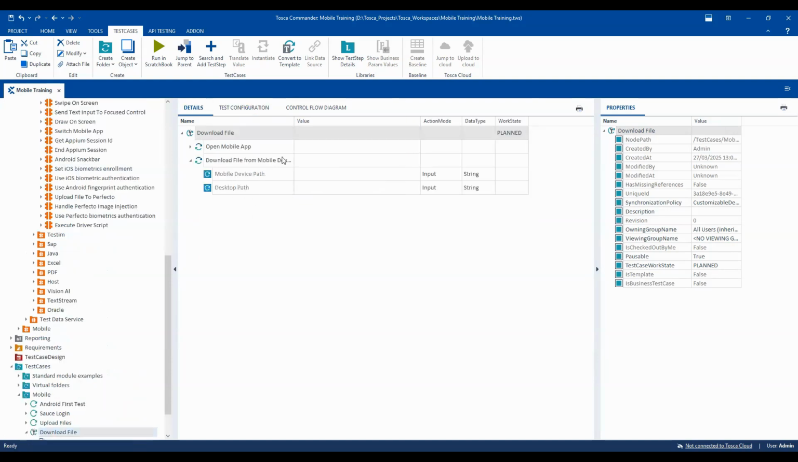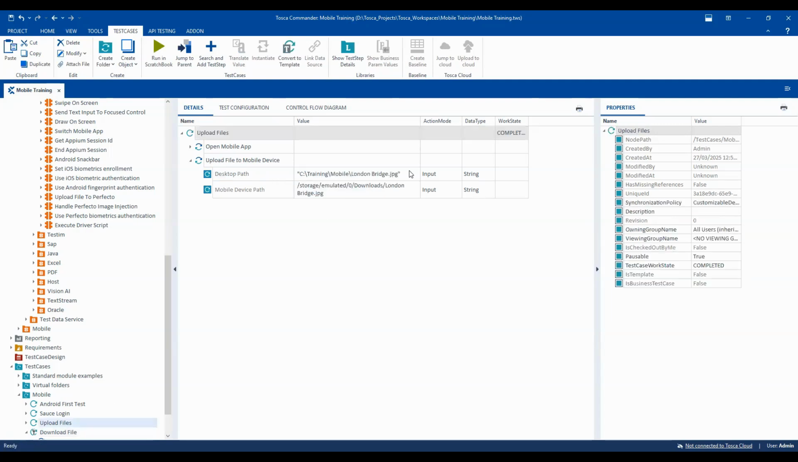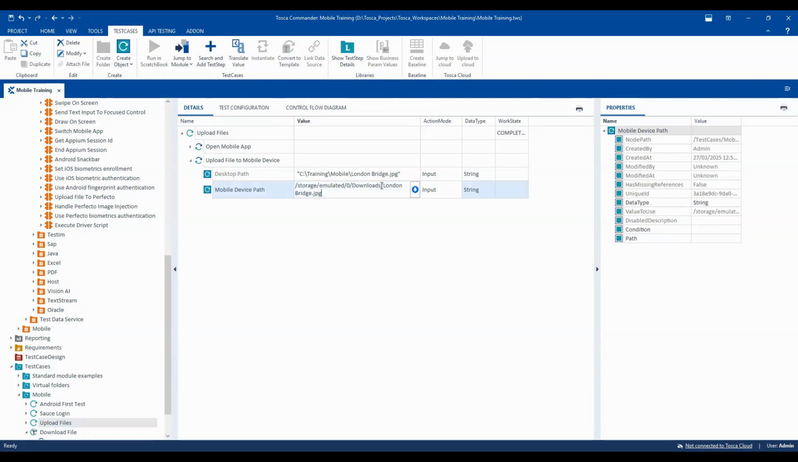Okay, so we get the application ID from there. And then again, we need to give the mobile device path here and the desktop path, right? So for the desktop path, I can use this folder path here. And then I also need to provide the file path, so export.pdf. And then for the mobile device path, we can use the same path which we have used earlier. This time around, the file name is going to change, and I'll just paste it here. And then I can use